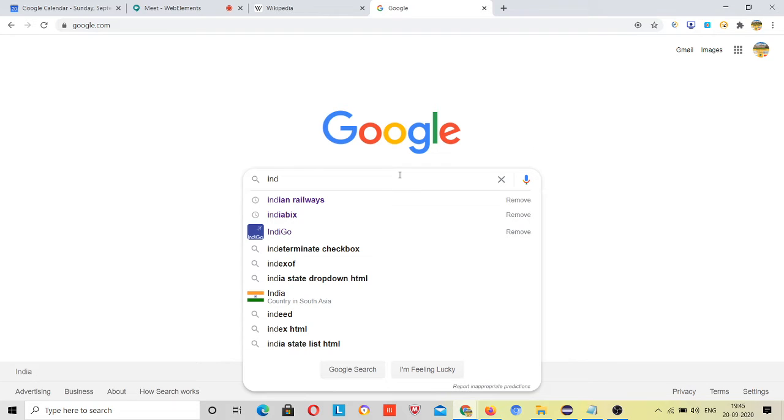If I have typed IND, the first result is Indian Railways, second is India Bix, third is Indigo, fourth is this, and India is present at this place, right? We know that my desired result is present at the seventh or eighth index, right? But your Chrome and your Selenium code, how will it know?